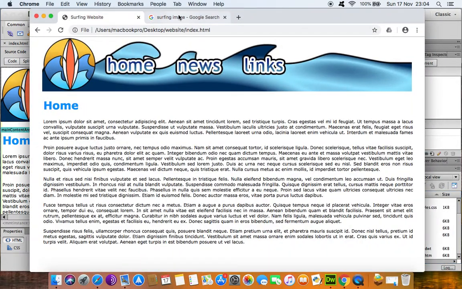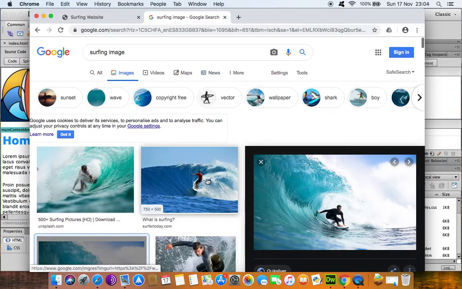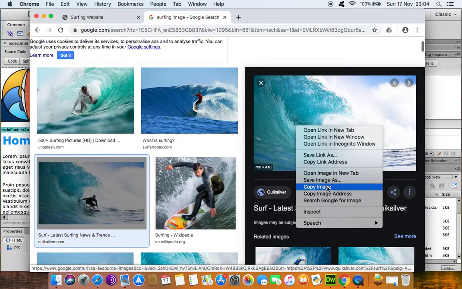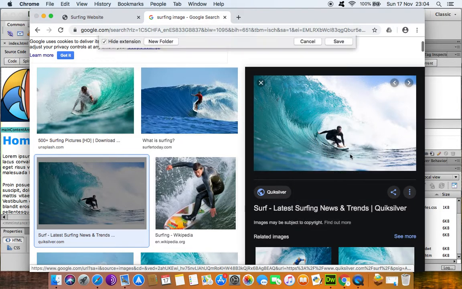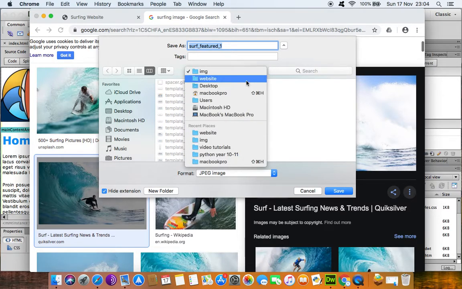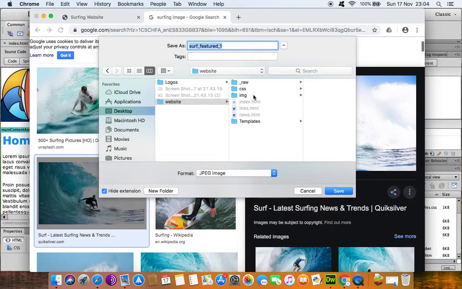So going on to, I'm going to get my images from the internet. So I've searched for surfing images. Here's one here. Now the important thing here would obviously be looking at the resolution of an image. So if that's 700 by 400, that's going to take up a lot of my web page because I've got roughly about 1,000 in terms of width. So if I do want this image, save image as, I'm going to put it into my website, images folder,